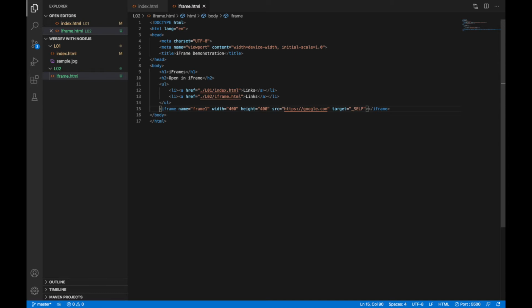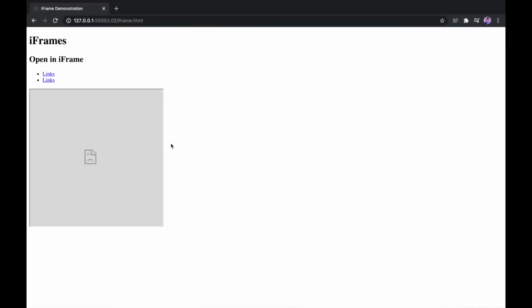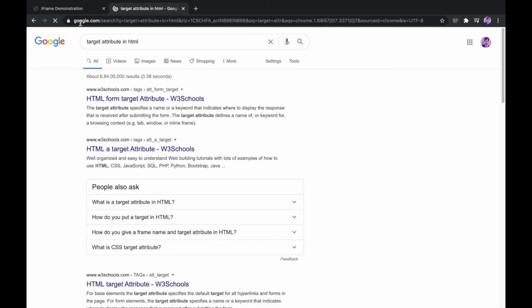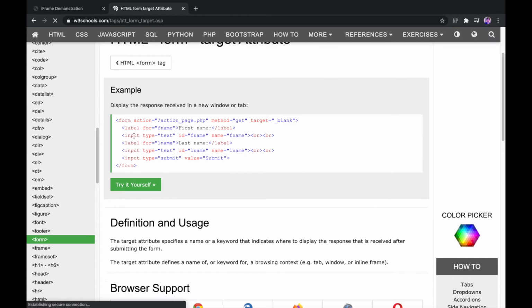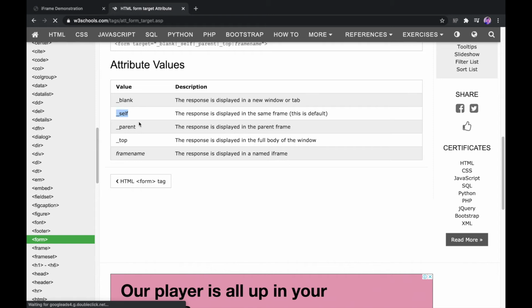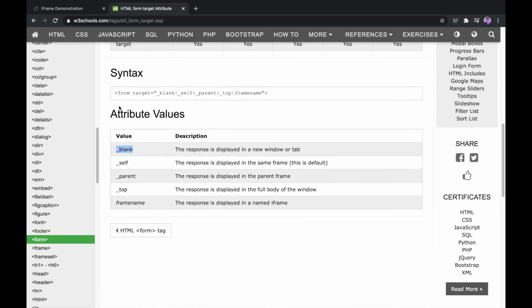There's one called self, in which it opens inside the iframe itself. Target attribute. So one is called self, one is called blank. These are the two things that are used mostly. Self is when the new page is opened inside the iframe itself, and blank is when we click on it, it opens in another tab.